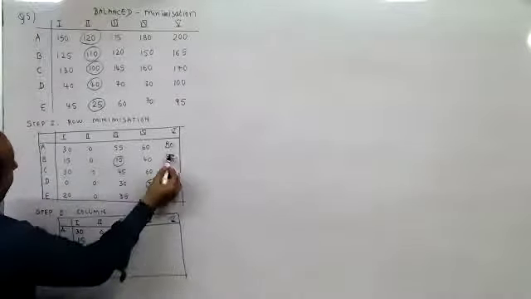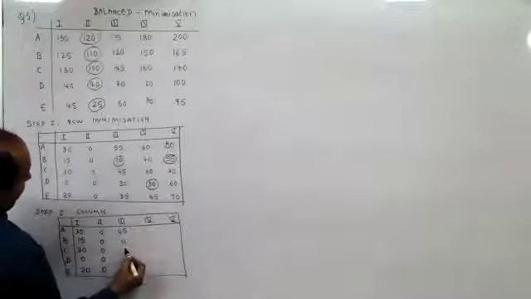This is 30, 15, 30, 0 and 20. This is 1, 2, 3, 4, 5. 10 is the minimum element here, 30 is the minimum element here, and 55 is the minimum element here. This would be 45, this would be 0, 35, this would be 30 minus 10 is 20, 35 minus 10 is 25,